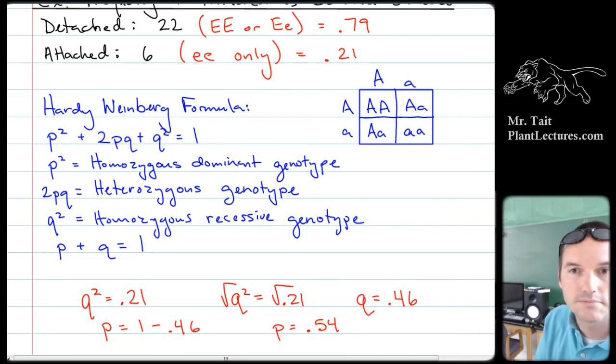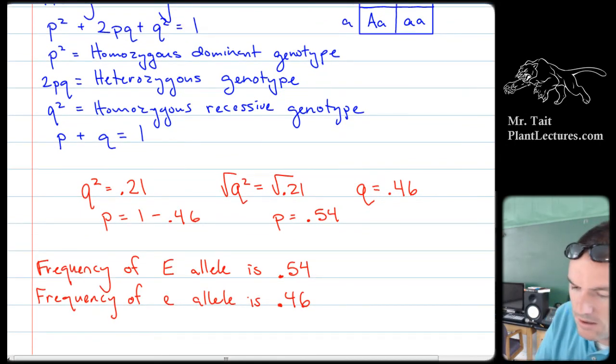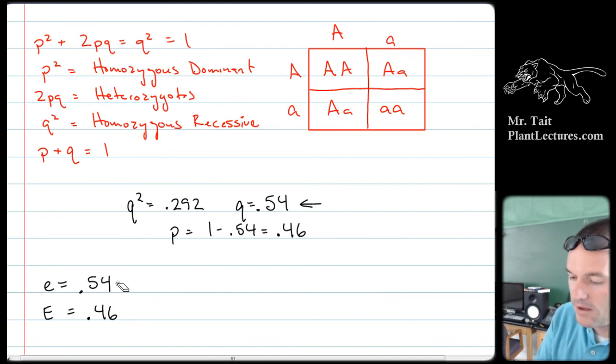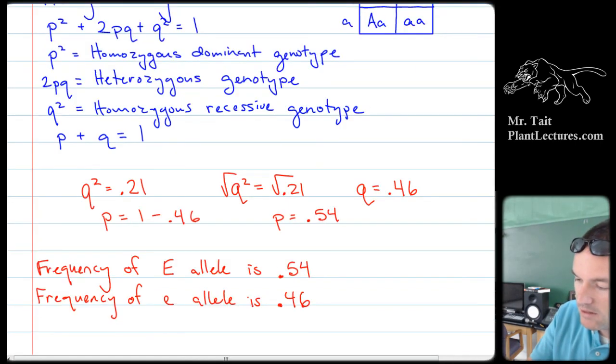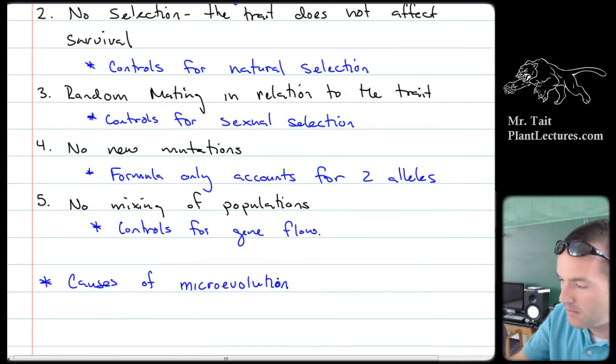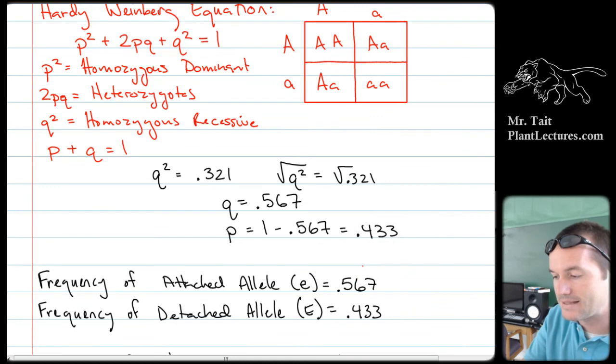Is that for sure, or is that just an estimate? No, it's an estimate, yeah. So if I go back and look at last period, we ended up with actually pretty much the opposite, right? We ended up with 0.54 as little e, not as big E. And in the period before that, we ended up with 0.56 as little e.